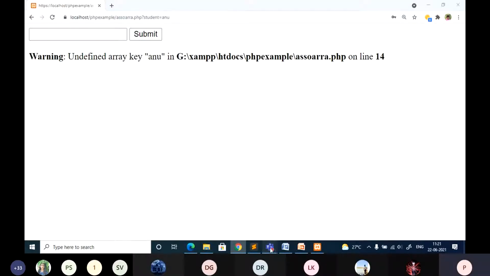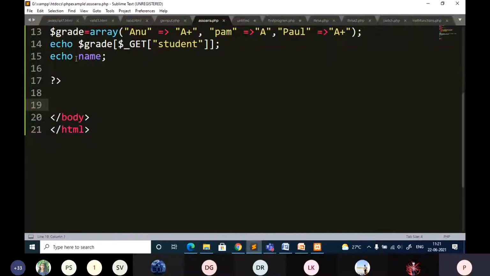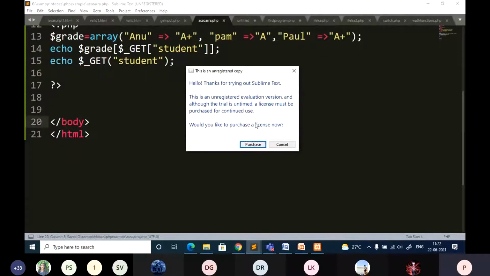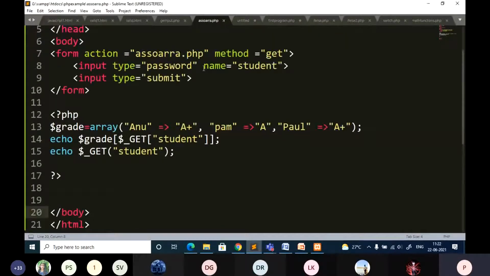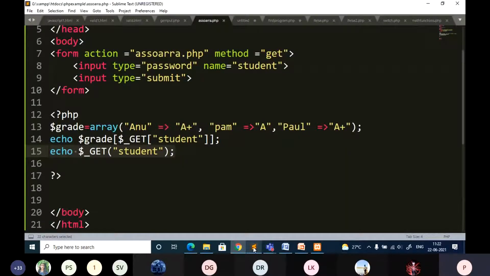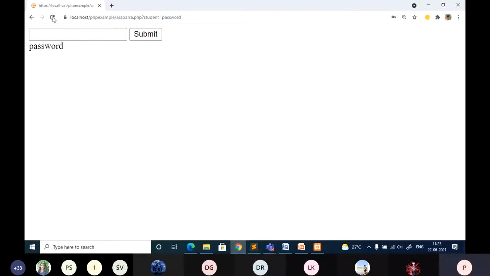So here I need to use the dollar symbol once again. Whenever you want to access form elements, you have to use get. Dollar, whatever text box name I have given, you just give it, student. So here I am trying to access the password that was entered and display it in the browser. This statement, you just leave this part and focus on this. There are some errors. Let me quickly take this out. This should be a square bracket once again. So here, refresh.